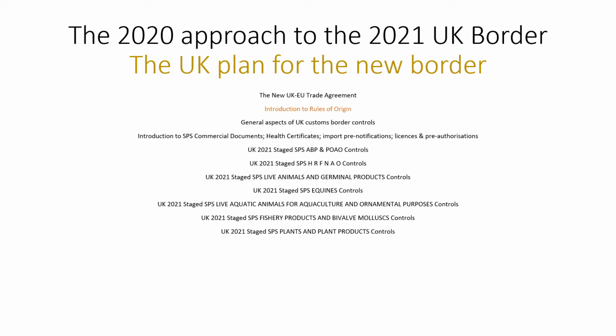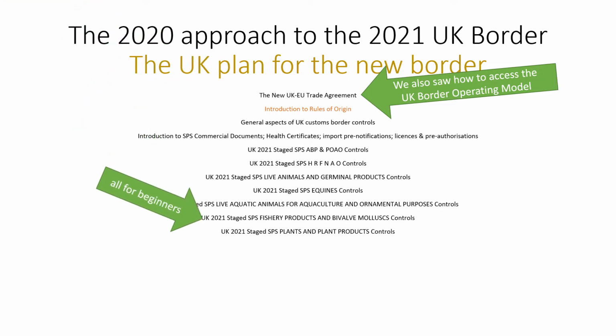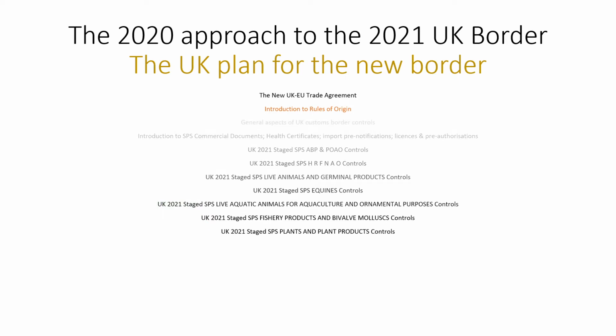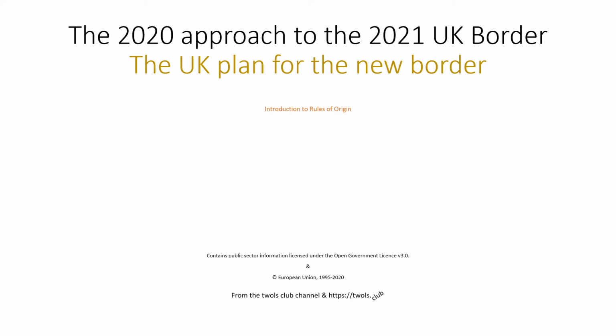Hi there. In the previous Tools Club video, the new UK-EU trade agreement, we briefly explored a few aspects of the UK-EU trade agreement. And, as we saw in that video, trade between the UK and EU is now processed by Rules of Origin. And if you don't know what Rules of Origin are, that's okay. I didn't either. So, you are in the right place. Hurrah! And I'll introduce and explore Rules of Origin with you now.